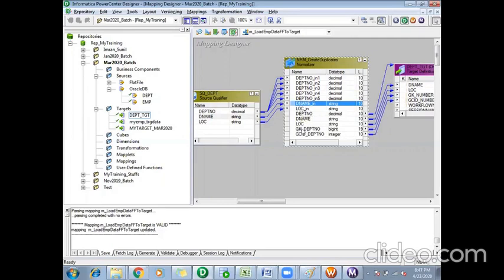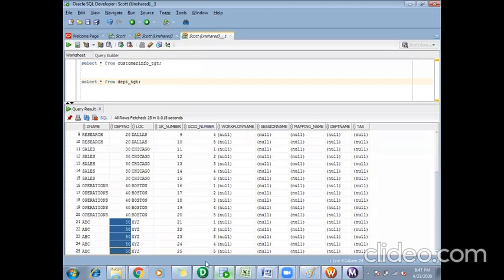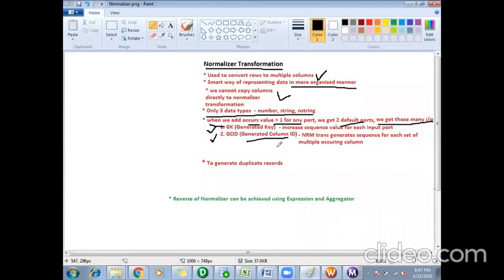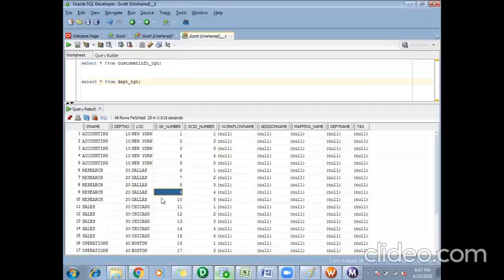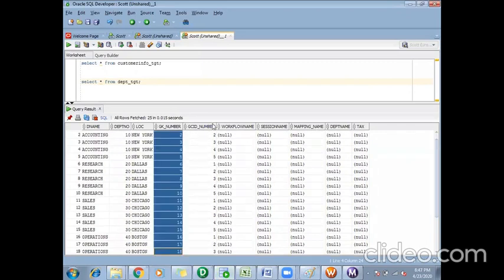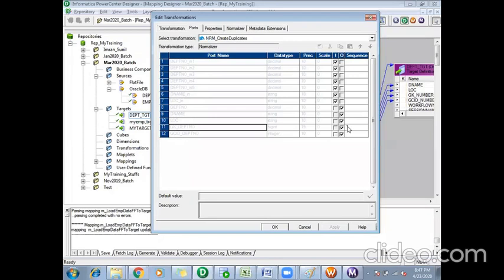Second thing, what is this GK and GCID? So if I go and check the values here, GK I said generated key and GCID is generated column ID. So GK number, if you see, it is nothing but the sequence. If I go here in the GK, you can see the sequence here.